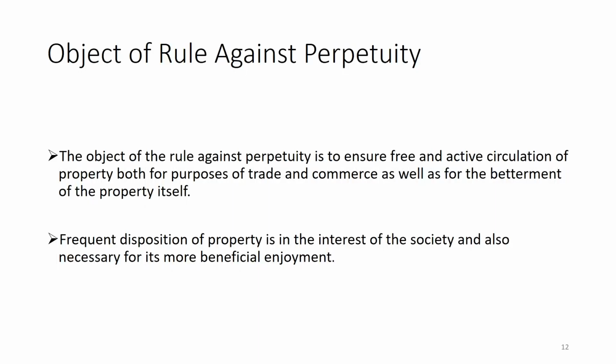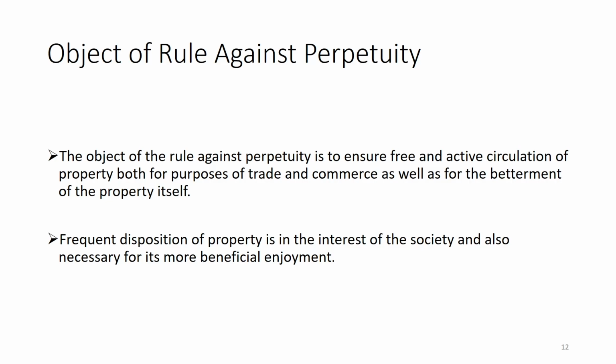So, here it has been said that even in the case of an unborn person, you are going to transfer to the unborn person through the life interest. Okay. So, it will continue. The person will have limited interest in between, but later on with absolute right it will go to the unborn person. So, the rule against perpetuity is a modern rule.